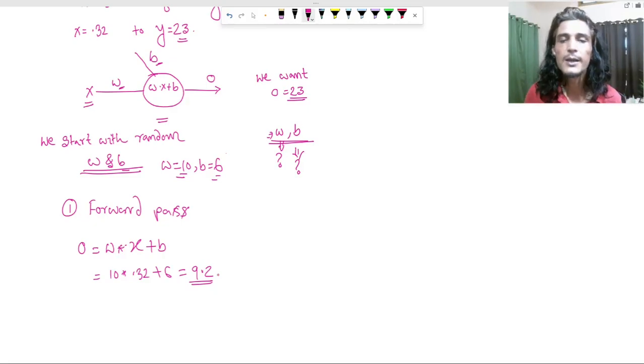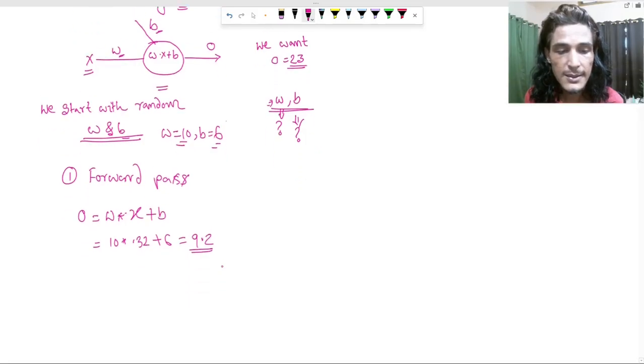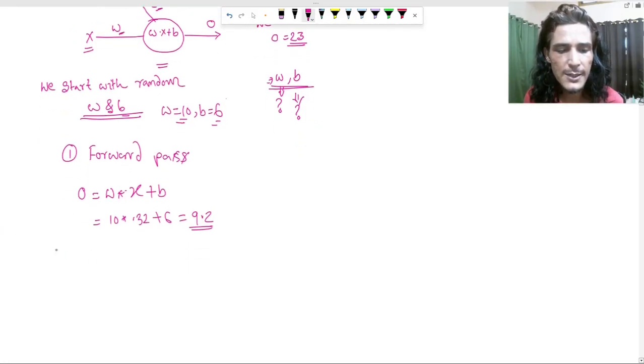Okay, done. Now, once the network does that, the second thing is, how good or bad is this output? We need a measure. There are two steps involved actually. One is the forward pass, one is the backward pass. But anyhow, after the forward pass, what we are interested in seeing is how good or bad this output generated by the network is. That is, we need a